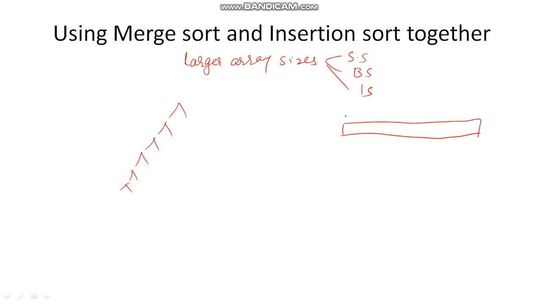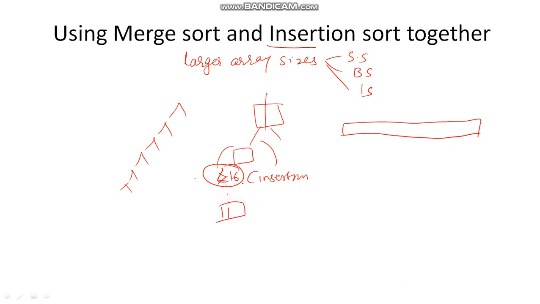So instead of that, what we can do is embed this merge sort with the insertion sort. Go on dividing the problem up to some limit. What is that limit? If you get less than 16 elements in your subarray, apply insertion sort to that. Apply insertion sort to sort this particular subarray, and again start merging. So instead of going up to one element in an array, stop at 16, and at 16 itself apply the insertion sort.